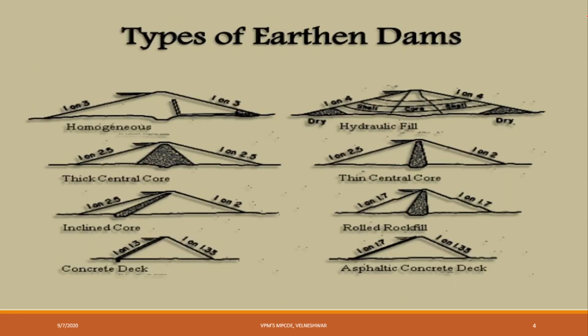Okay, next types of earthen dam. Here we are having homogeneous. This is homogeneous, this is normal. Here we will provide a slope of 1 in 3. Generally you know what 1 in 3 and 1 in 2.5 mean. This one is nothing but slope, generally we can say gradient. In transportation engineering too we have seen this, gradient compensations, all these.